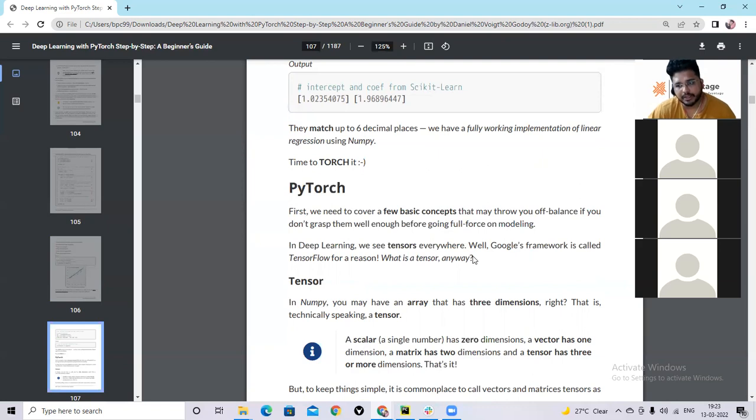One is PyTorch is very Pythonic in nature. Pythonic in nature means the programs or the statements written in PyTorch are very much similar to code written in plain Python. So the learning curve for the developer is not very different.